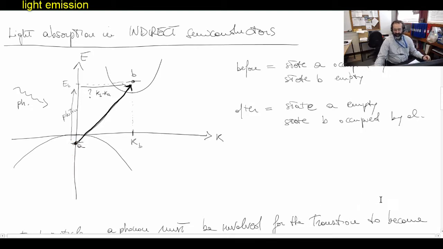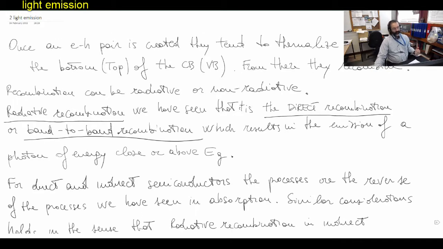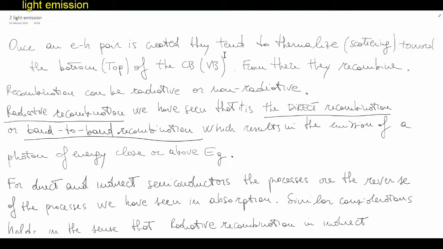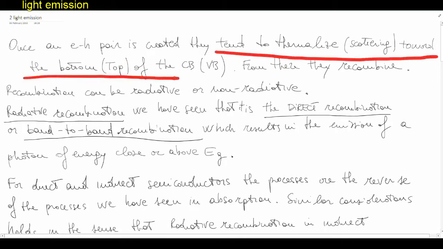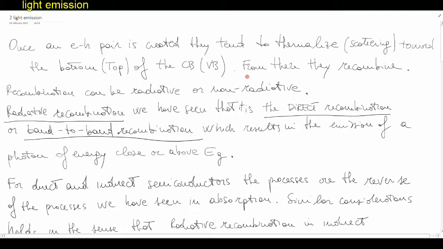Once we have a promoted carrier into the conduction band, and so also a hole left behind, they always tend to thermalize toward the bottom of the conduction band or the top of the valence band. And then from that position, which is now closer to the conduction band edge and the valence band edge, they then recombine. So at this point, as we said yesterday in our introduction to generation and recombination, we know that